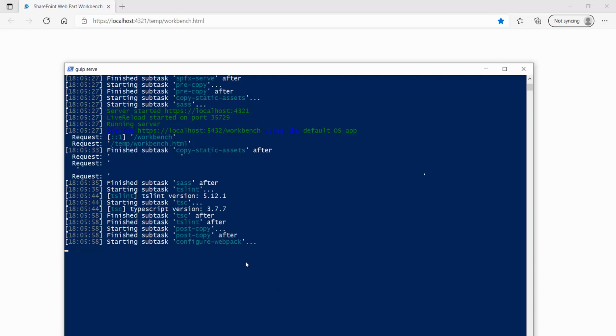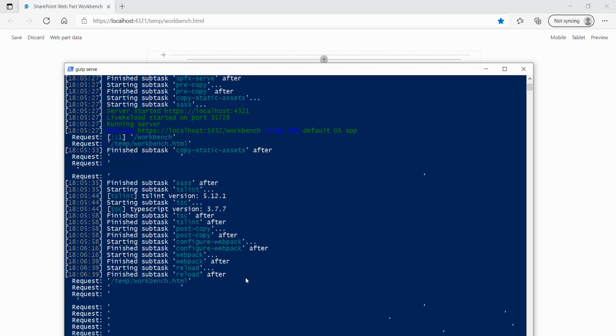Since I am not communicating with SharePoint, I can showcase my demo in the local workbench itself. If there is any interaction with SharePoint, I have to open that in the SharePoint workbench, as the SharePoint context is not available in the local workbench. It is still processing. Once I see the reload message, I can add my web part in the local workbench. I will wait for that reload message.